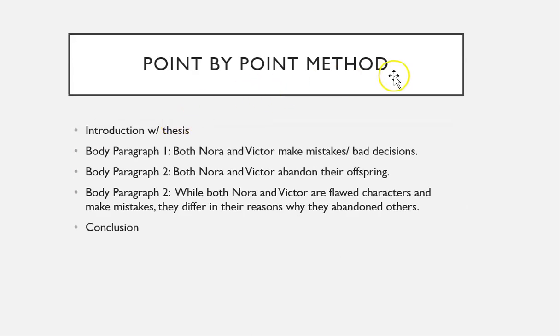For the point-by-point method, you could have your introduction with your thesis statement, and then you'll have body paragraph 1 talking about both Nora and Victor in the same paragraph. So body paragraph 1, both Nora and Victor make mistakes or bad decisions, might be my first paragraph. Body paragraph 2, both Nora and Victor abandon their offspring. And then body paragraph 3,